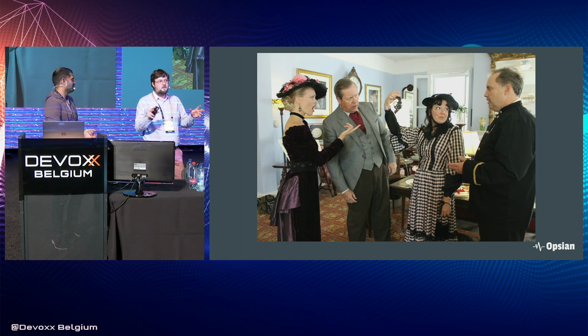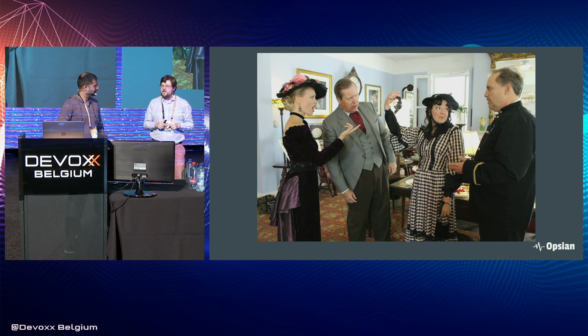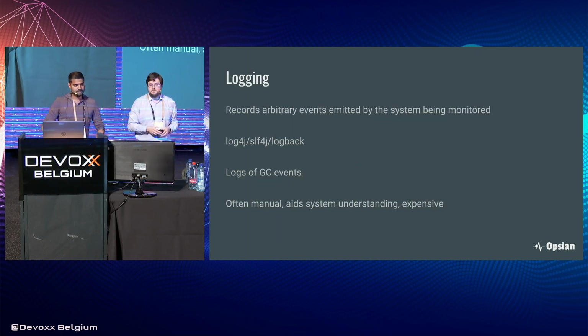Now, I know Hercule Poirot is meant to be originally from Belgium, but he's a fictional character, right? You don't want to be doing one of those murder mystery, point at all the different things and accuse them situations in a production environment when there's real customers on the line. Just want to understand what's going on more rapidly.